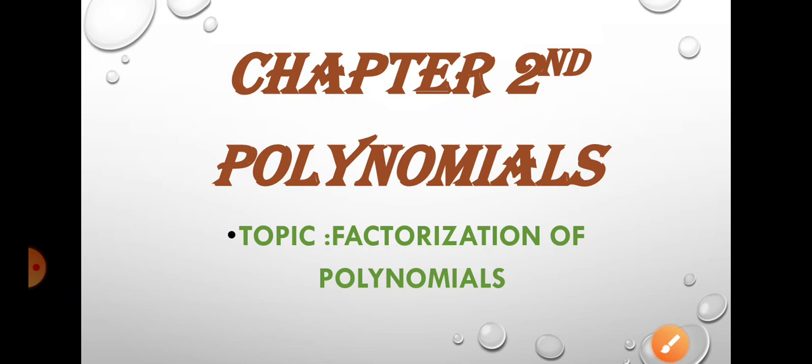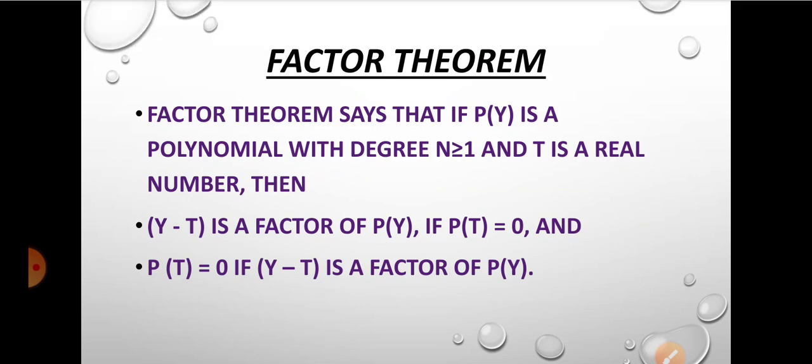As you know, in our last session we studied the remainder theorem and solved our exercise 2.3 based on that topic. Now our next topic in this chapter, polynomials, is factorization of polynomials. You have studied in your 8th class about factorization of equations. You have studied the splitting the middle term method. You have studied factorization through identity. So here we will use those methods and some other methods also for factorizing the polynomials. Before that, let us study the factor theorem.